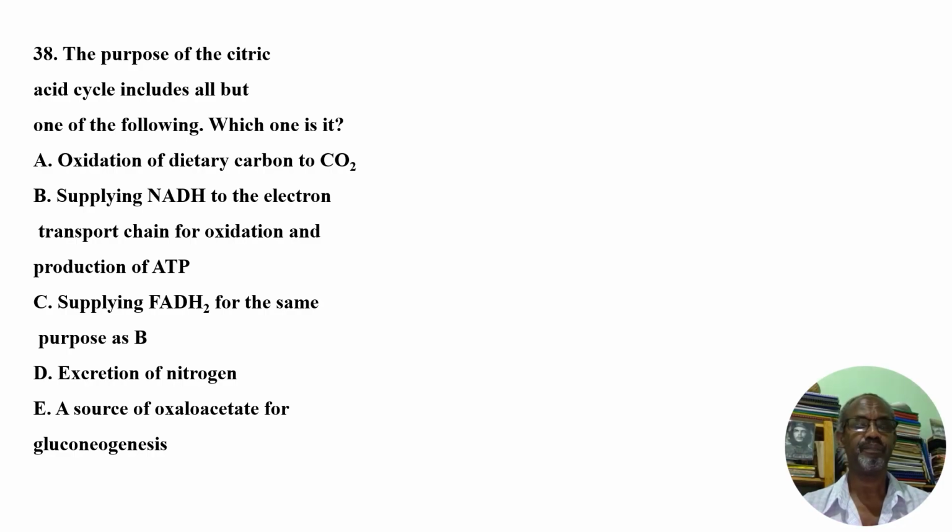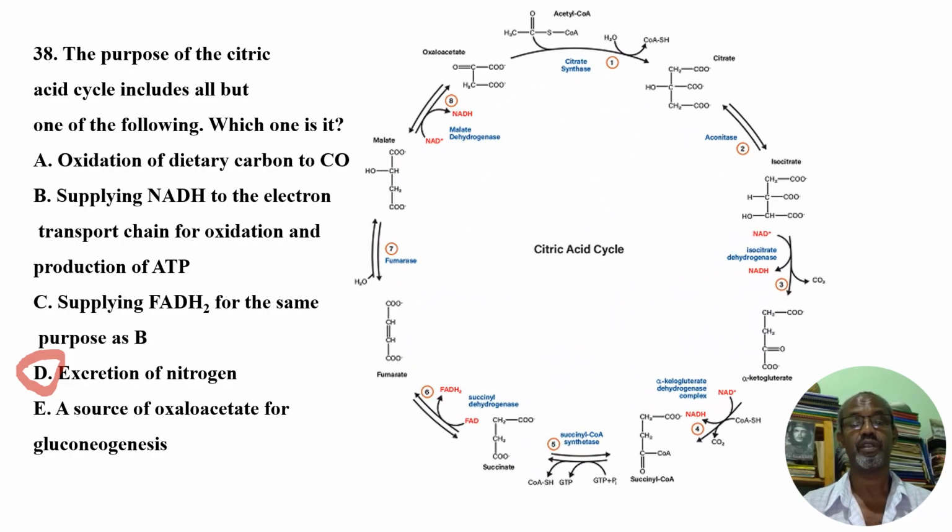You see, therefore, the answer is of course clear. Mitochondria is not directly related. I mean, citric acid cycle is not directly related with nitrogen excretion. Okay, nitrogen excretion, in the form of ammonia, by forming urea cycle, it's a separate cycle, of course. You can come to this. Briefly, let me show you this.